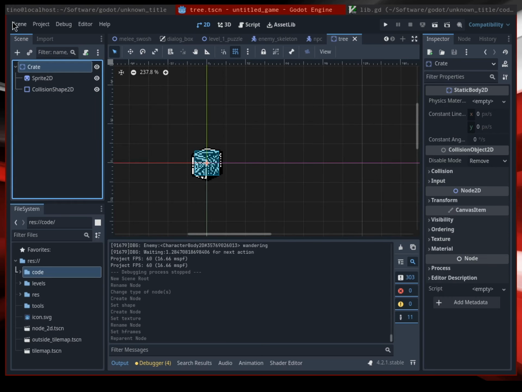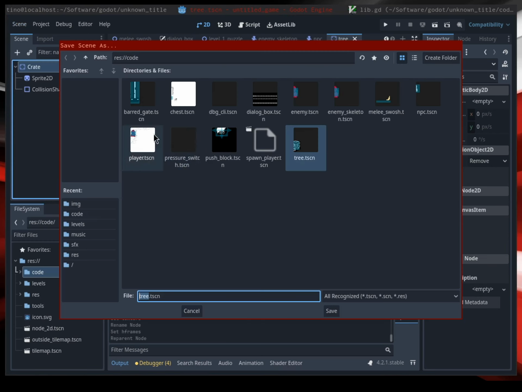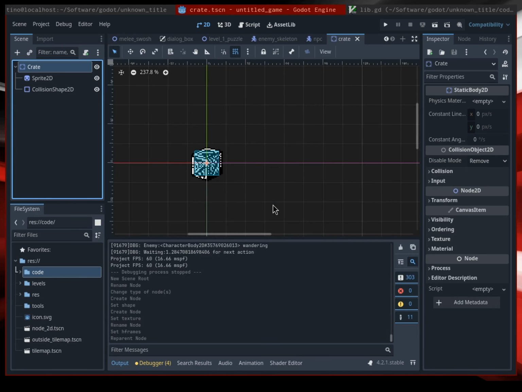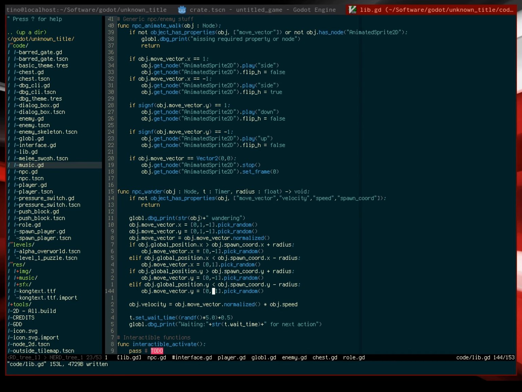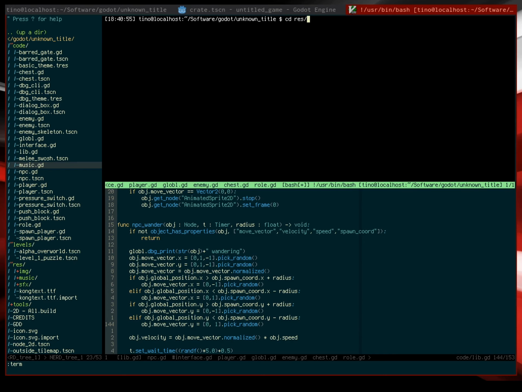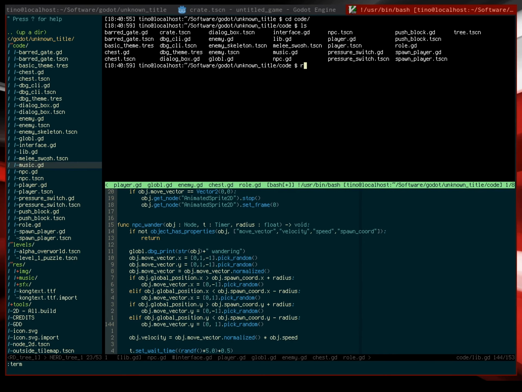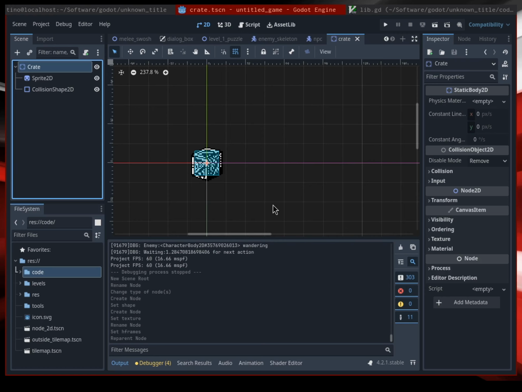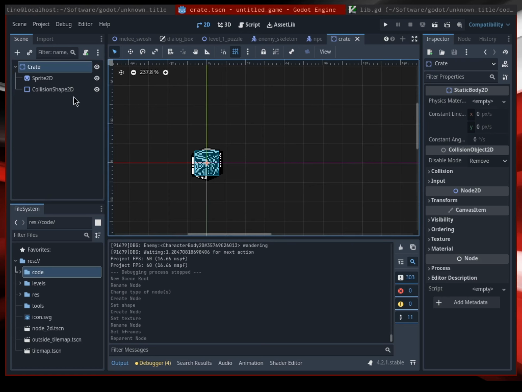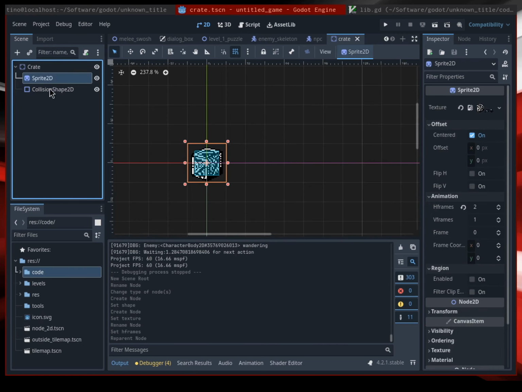And I'm going to save this as crate, delete the tree scene because I don't need it. So now we have a small crate, and